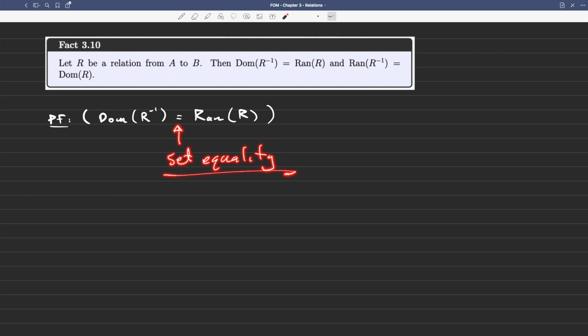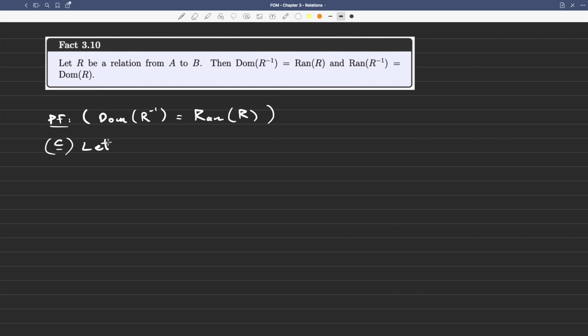We can also play around with the set builder based definitions and then do some games with logic. And we could do that. We could do this one either way here, but just for the practice of it, I want to do a double containment argument. So I'm going to prove forward and reverse containments here. So for the forward containment, I would say,